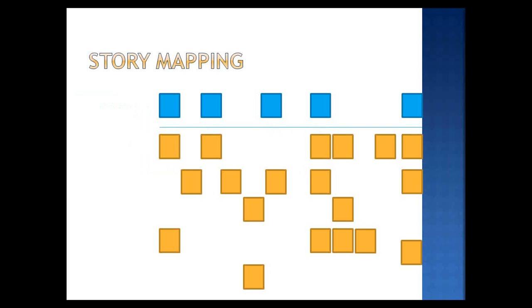Story mapping. So the story map is a way of visually displaying the stories that make up your backlog. So you may have a set of stories, and you think they define your whole product, but you're not really sure. So what we do is we take that persona. So we have Sally the soccer mom, and she's going to use this system in certain ways. So across, on the